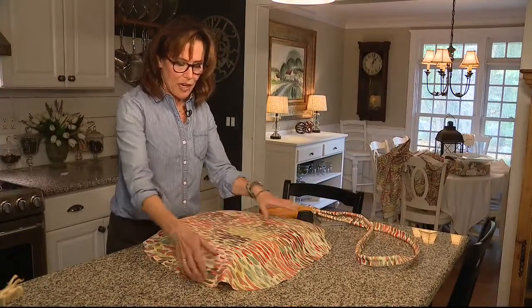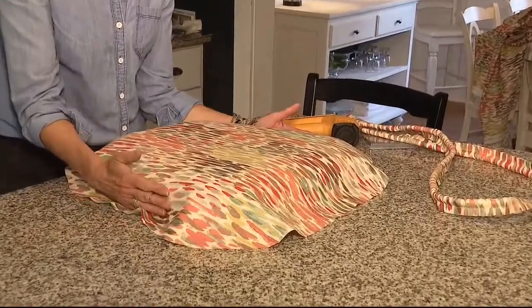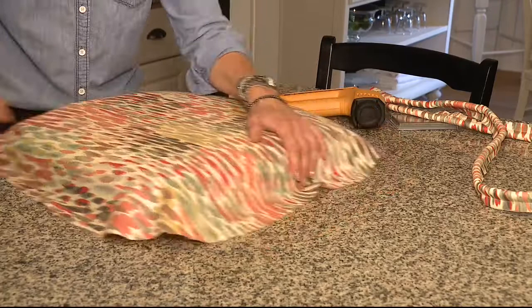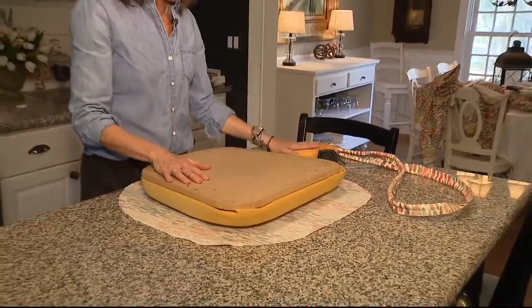All right, I've got my fabric cut out. There's my cushion. I've got my piping made over here. It's time to start putting it on. I want to make sure, first of all, that my pattern on the fabric runs straight. It looks like it does. So let's flip it. And we're going to work from the bottom and do all of it with a staple